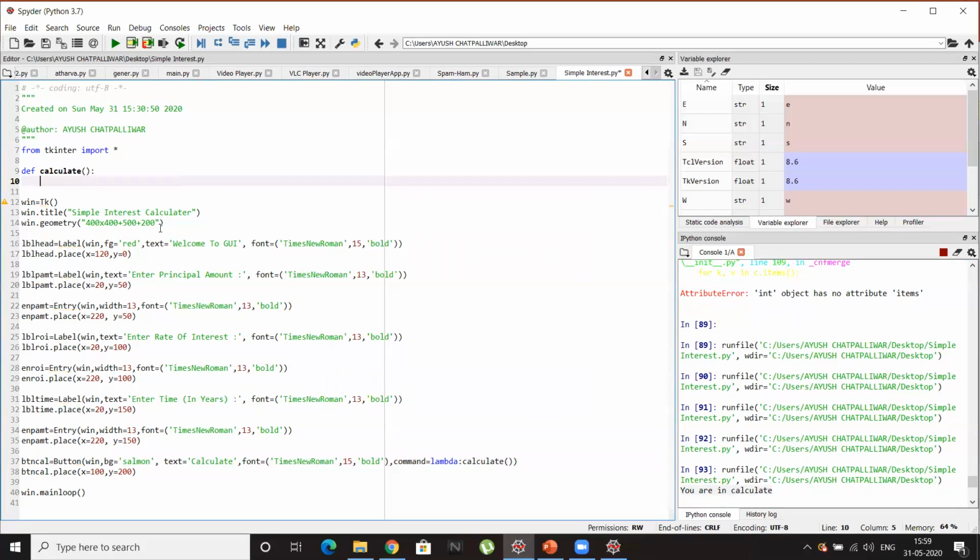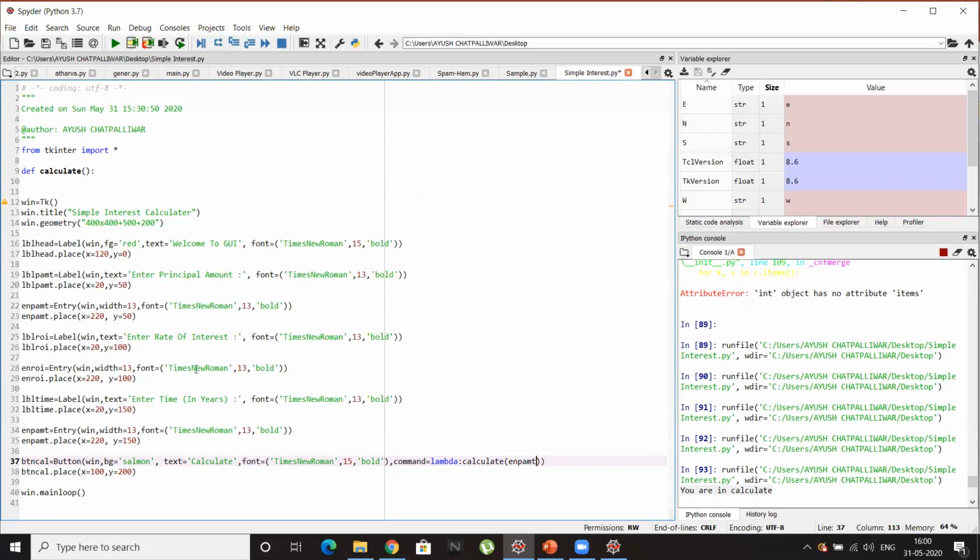So now we will take the input from the user, meaning whatever the user has entered in the entry box, I'll get that and send it to this calculate function. To get the answer from the user, I'll use a get function with the object name of the entry box. The object of my principal amount is ENPAMT.